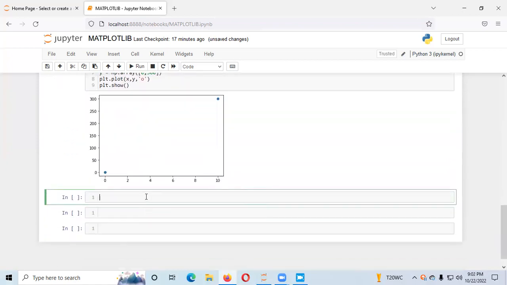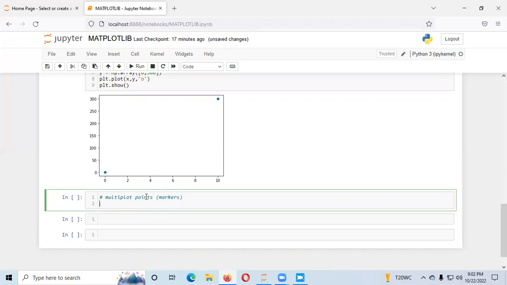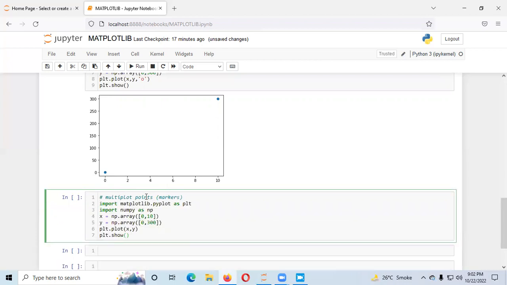Okay, so that is a part of without line. And if you want to plot multiple points in your diagram, you can plot multiple markers also. So now how can we draw that? That is simple. Basically we just paste our earlier code, and now we increase our coordinate values. It will start like that: 2 4 6 8 10, and now